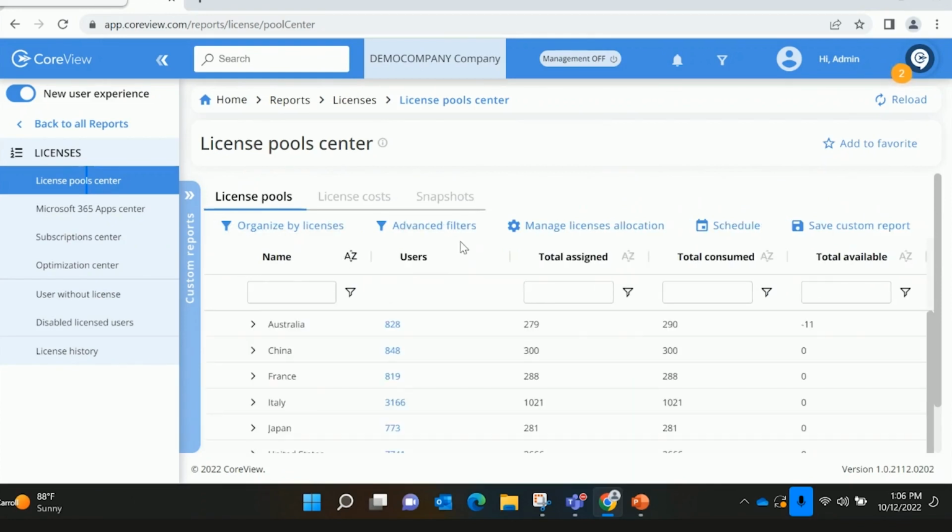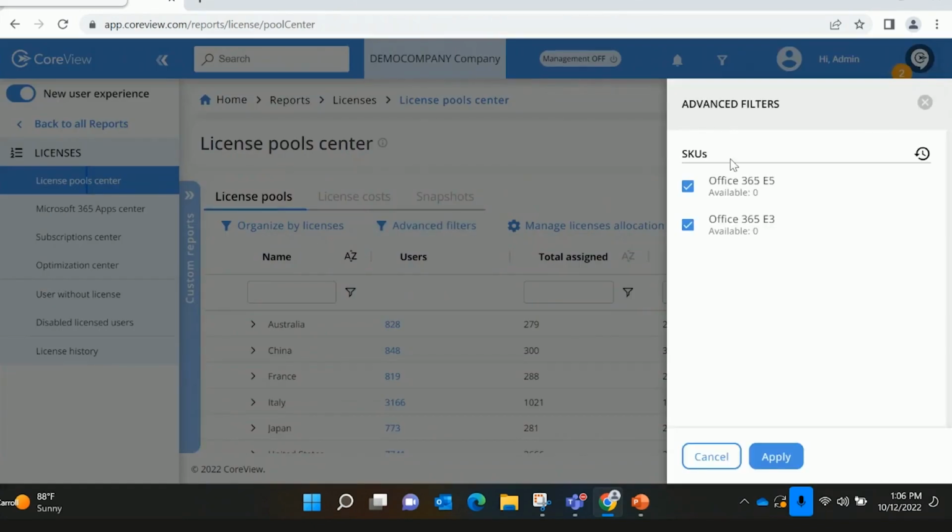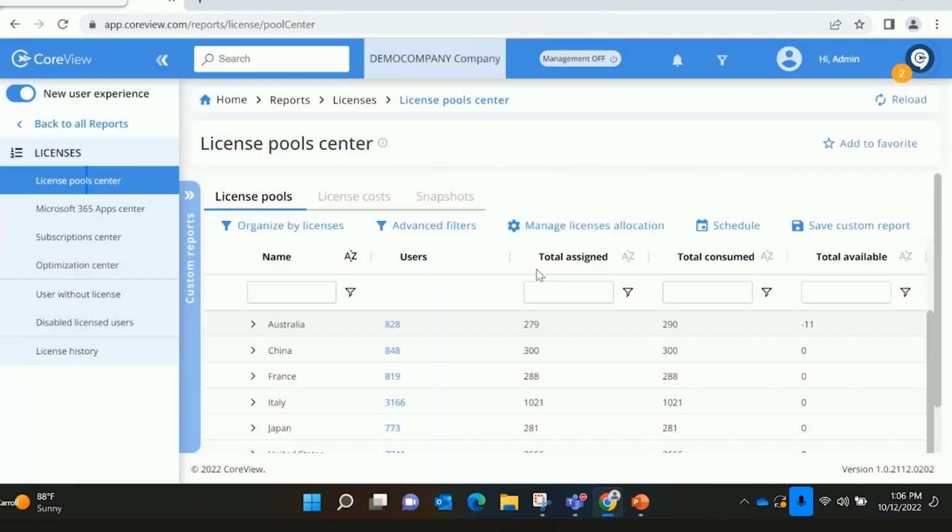There is this concept of advanced filter, and this is somewhat taking us down the path of the license optimization report. But you'll notice this lets you come in and pick and choose the SKUs that you would want to include in the reporting that you're looking at. So that's what advanced filters is, your ability to go in and remove or add SKUs to the view that